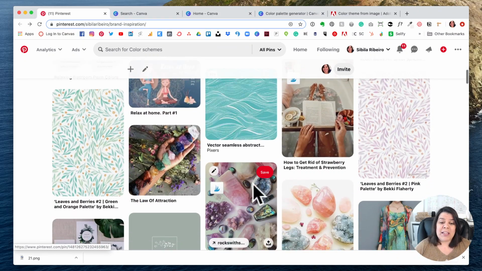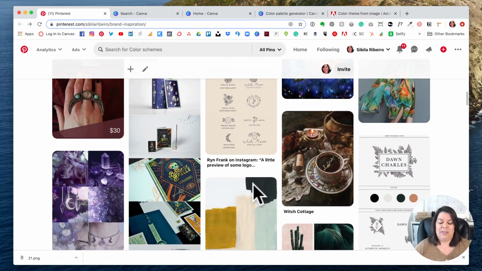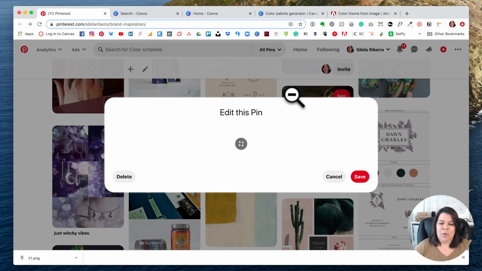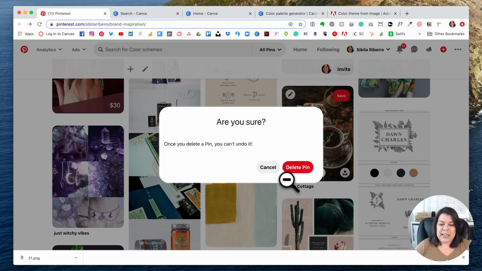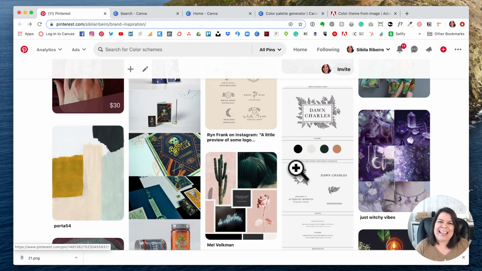So anyway, I go through this and I find some images that just stand out, meaning they don't really match. So in this case, I come over here and I start deleting it. What I'm doing is narrowing down, cleaning up my board, because you might end up with a board full of pins, like 200 pins, or who knows, 500 pins. You definitely don't want 500 pins, it's way too much. But I'd say 200 pins is a lot, and it's a good amount,